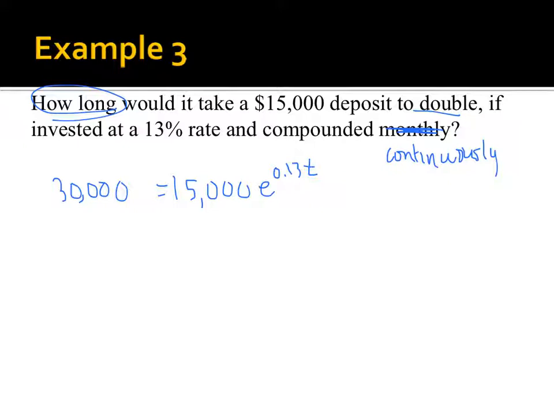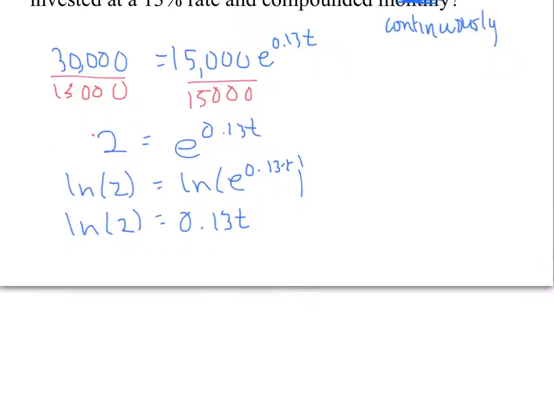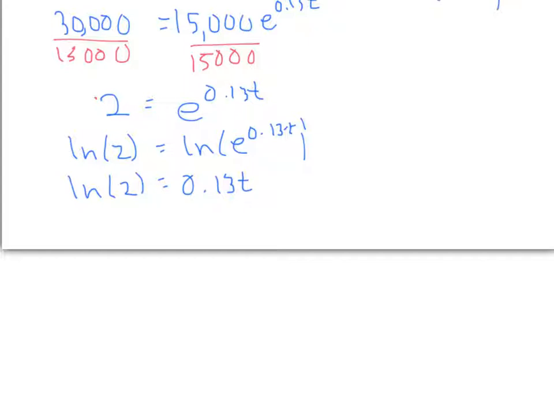So I would divide both sides by 15,000. You can skip this one if you already know how to do it and go to the last one. And here I get that 2 is equal to e to the 0.13t. I take the natural log of both sides. The natural log and the e cancel each other, so I get the natural log of 2 is equal to 0.13t, and then I solve for t. And so divide both sides by 0.13. And I get that t is approximately